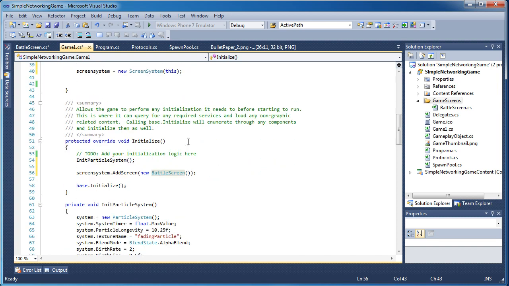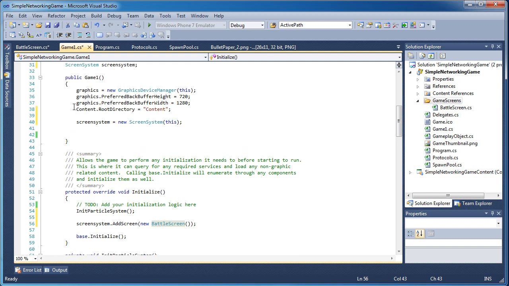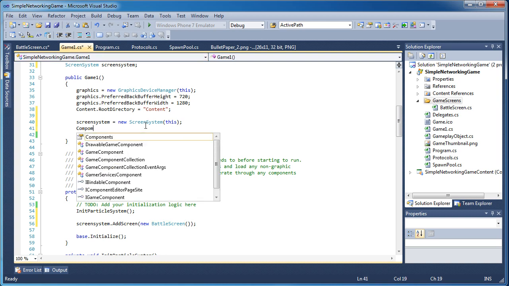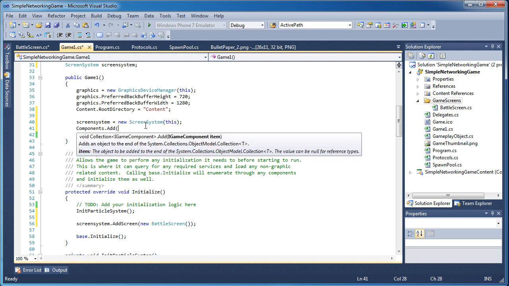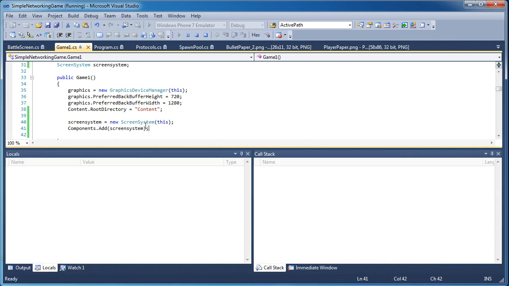Now there's one final thing we need to do to get this to work. Back inside the Game1 constructor, inside of the Game1.cs file, we need to add Components.Add(screenSystem). We need to add screenSystem to the list of components. Let's build,